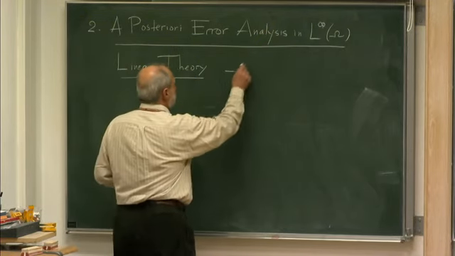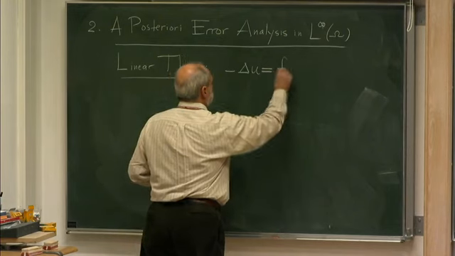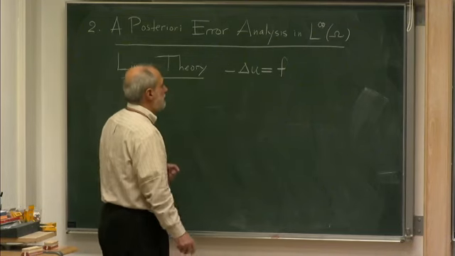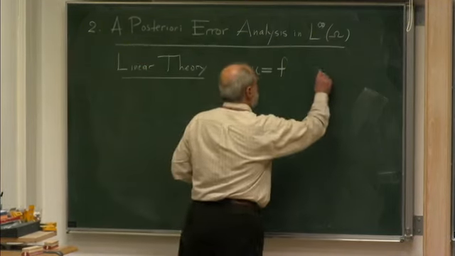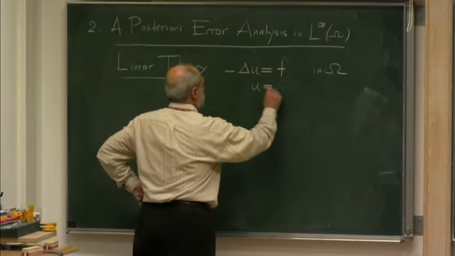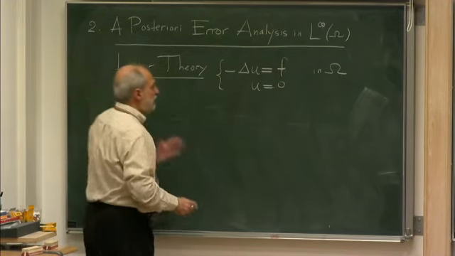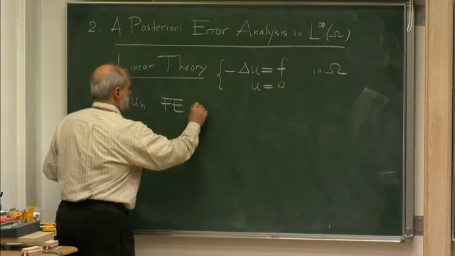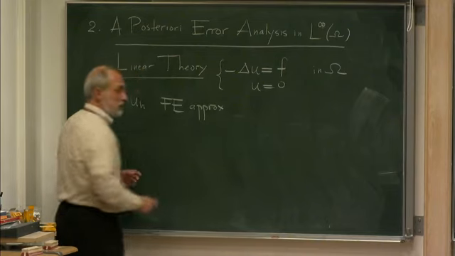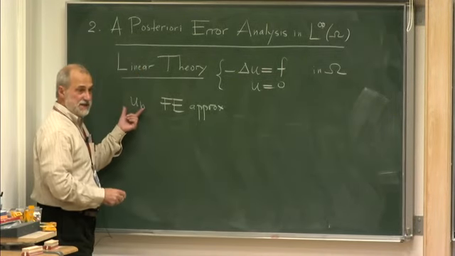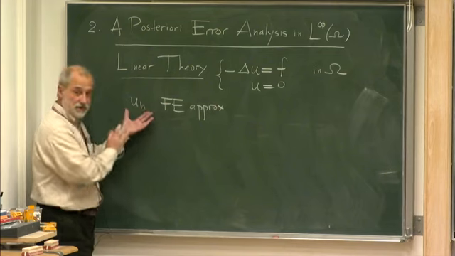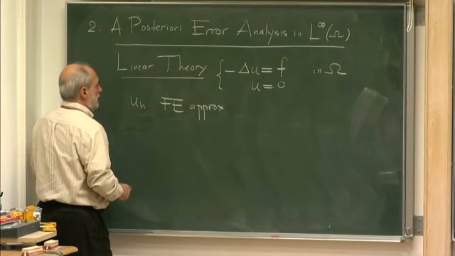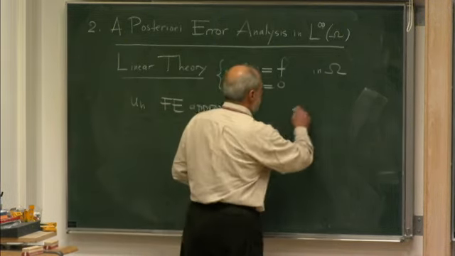Suppose that we have this problem, which is what happens for us in the non-contact set. This is in omega. Say we have zero boundary condition. And let's say that we have a function UH, which is our finite element approximation. This is something we compute, so for us it's known. F is known. So with this function UH, we can compute,